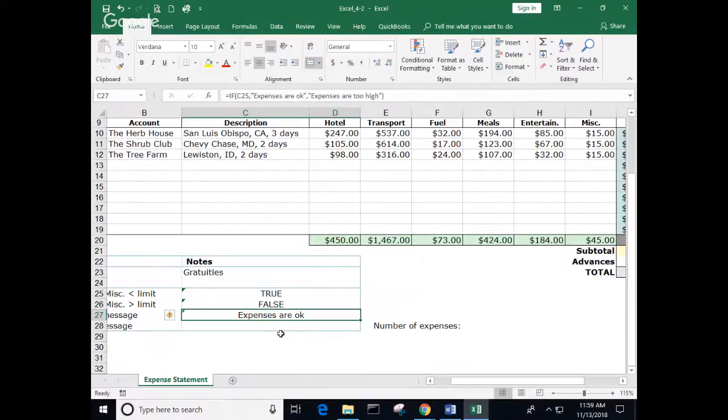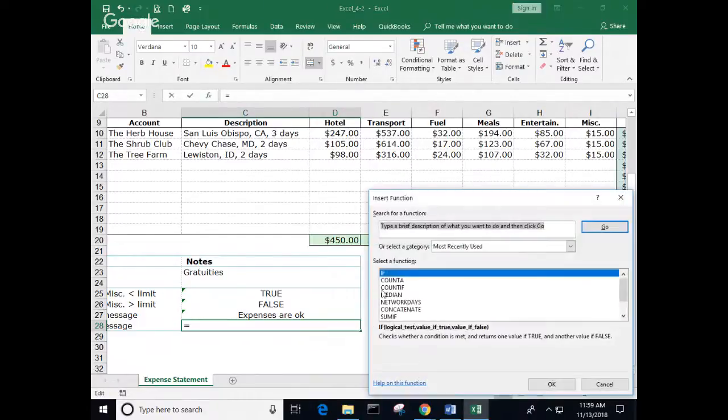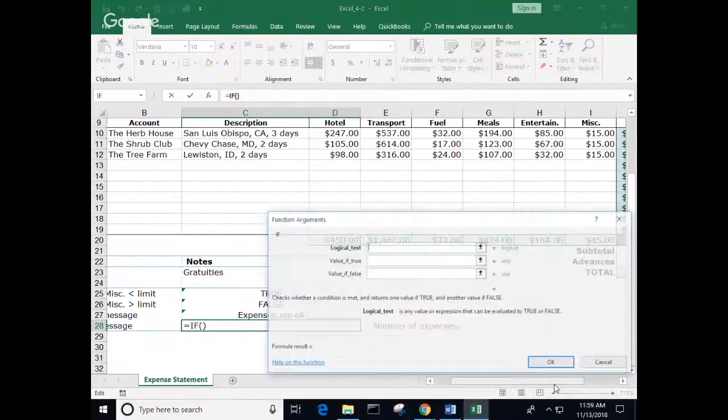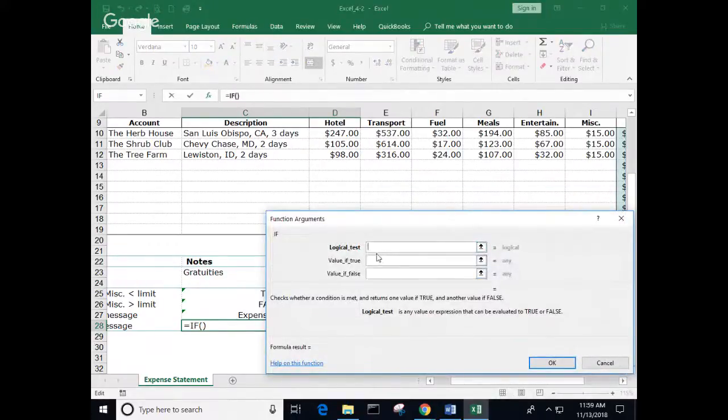On C28, we're going to use an if statement. They kind of mix up the words a little bit. By the way, when you just used a function, if you're under recently used, it would be at the top of the list. So I got if right at the top there. In this case, if